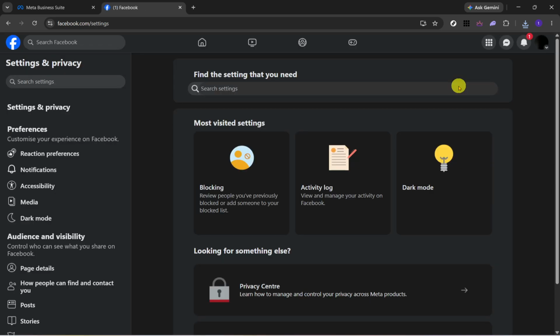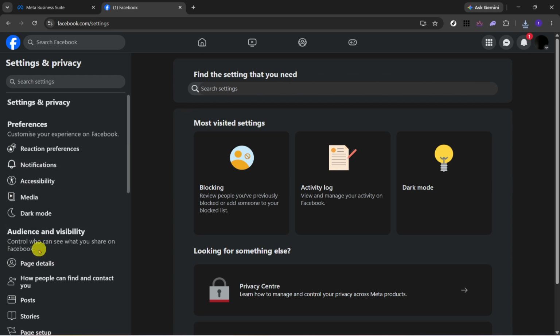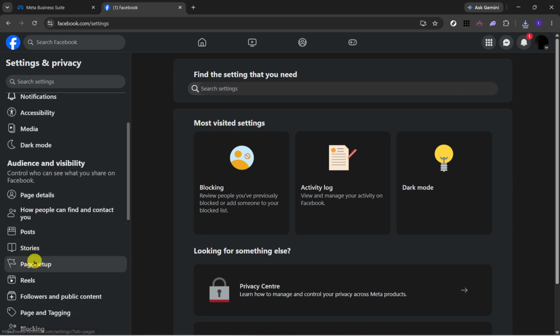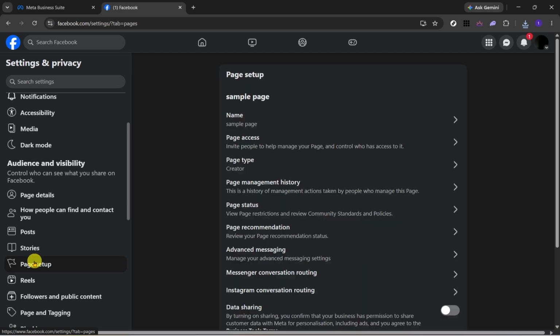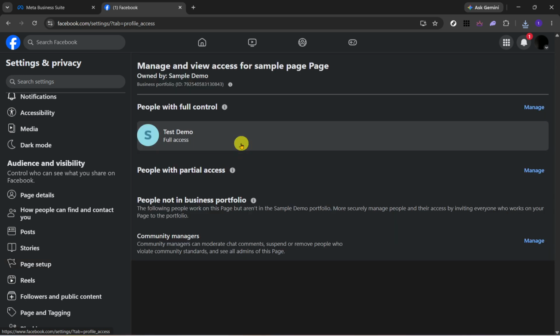Next, click Settings to open the full settings area. Inside Settings, look for Page Setup. Click that to continue. This section helps you configure the structure and management options for your page. From there, find and click Page Access. This is the area where Facebook lets you manage who has access to your page and what level of control